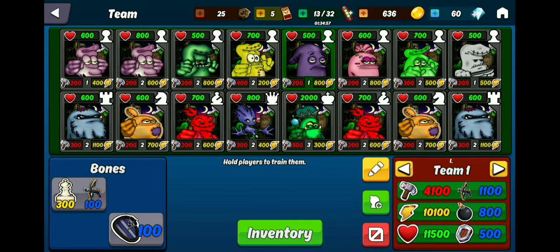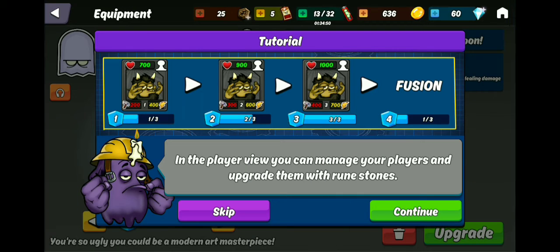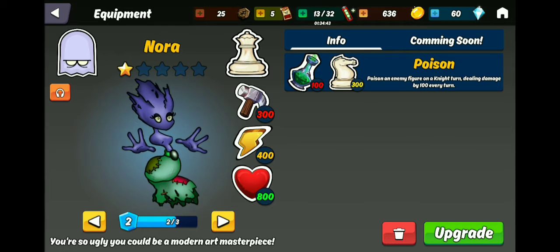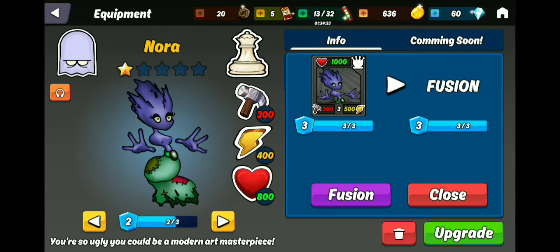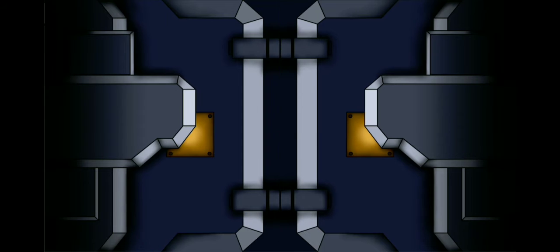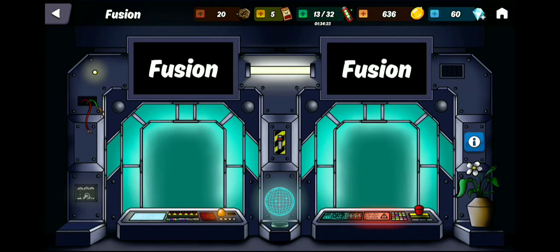So to do that, you need to hold that card. This type of interface will come to your screen. You need to scroll it, or you may read it as well. Then click on the upgrade button. You can upgrade any card by using the 5 brown coins. So we'll use it now. Then click on the button Fusion. In the Fusion tab, you can mix 2 or more cards and develop a greater card with much better health and performance. But for doing that, you need to have a card with a maximum level. For now, I don't have any such, so I'll just go back.